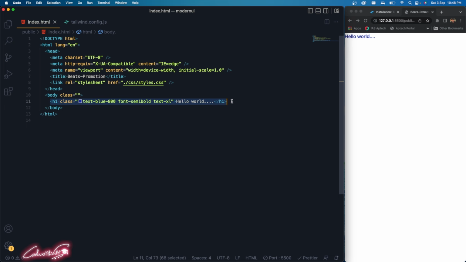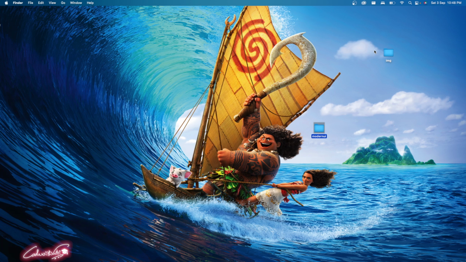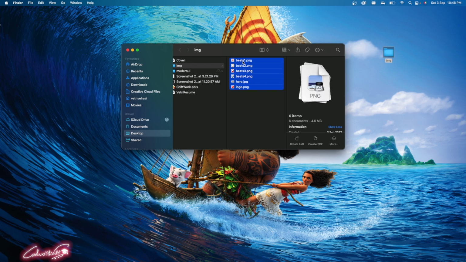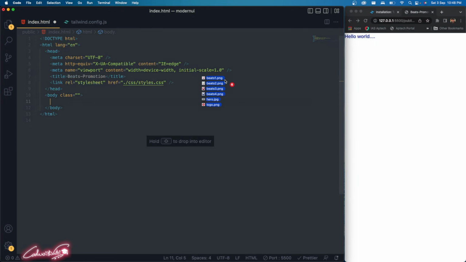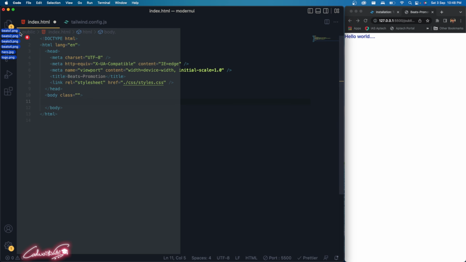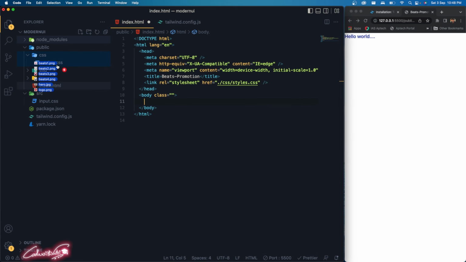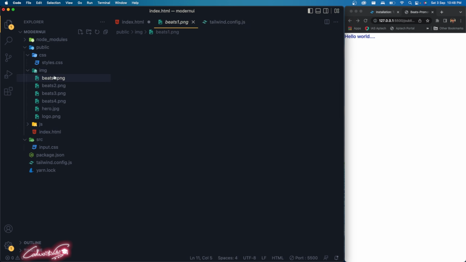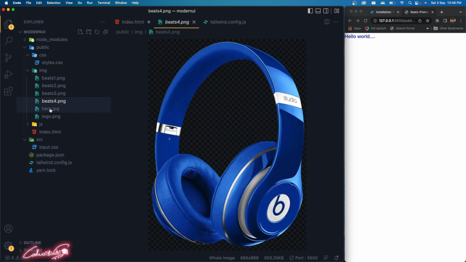So here also let's delete this. All right. So here I do have these images, I drop this link in the description. So copy everything, and then we have to drop this inside our images folder. Okay, so now I have all the images which are necessary for our